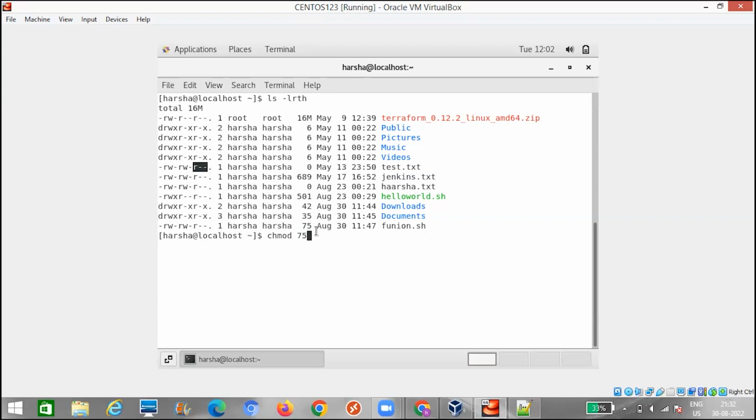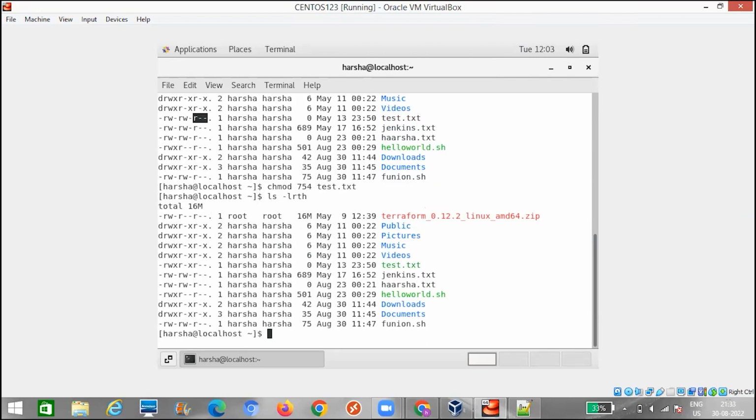That is 4, for test.txt. If I do ls -lrth, that is what I will get, right? I have got read, write, execute for the user. I only got read and execute for the group. And I have got read only for the others.